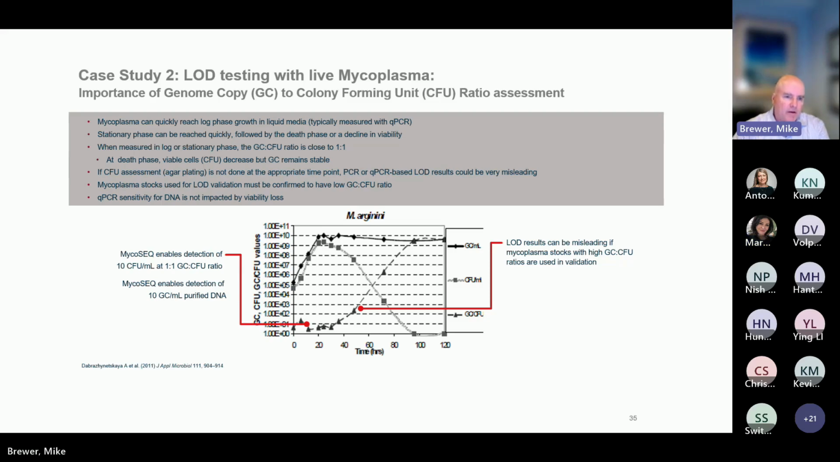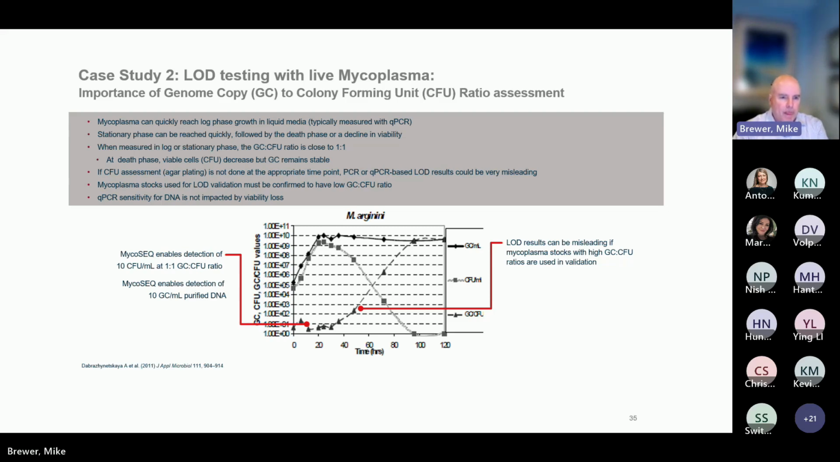And the diamonds represent the genome copy to CFU ratio. What you can see in early stage growth is that the Mycoplasma track quite in line with each other, one CFU, one genome copy. But at some point, the Mycoplasma cells reach a stationary phase and then enter a death phase. When that happens, the CFU levels go down, while the DNA levels stay about the same. And then down here with the diamonds, you're tracking an increase in the genome copy to CFU